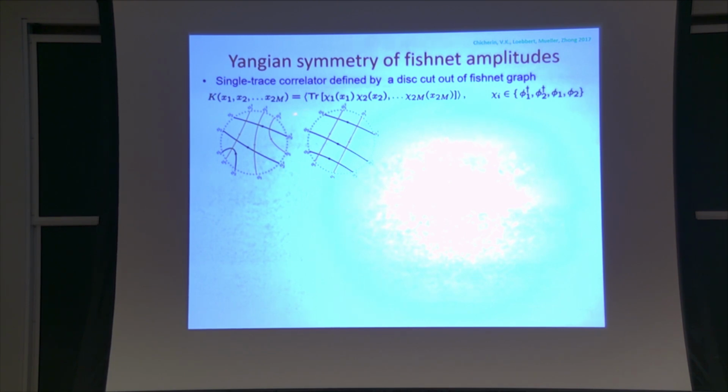So you simply take these external fields and connect them with the correlators. Every order of these fields produces a particular graph, and it's a Fishnet graph. Inside it is a regular square lattice. And all these graphs can be classified by just cutting out of a sheet of square checkered paper a disk